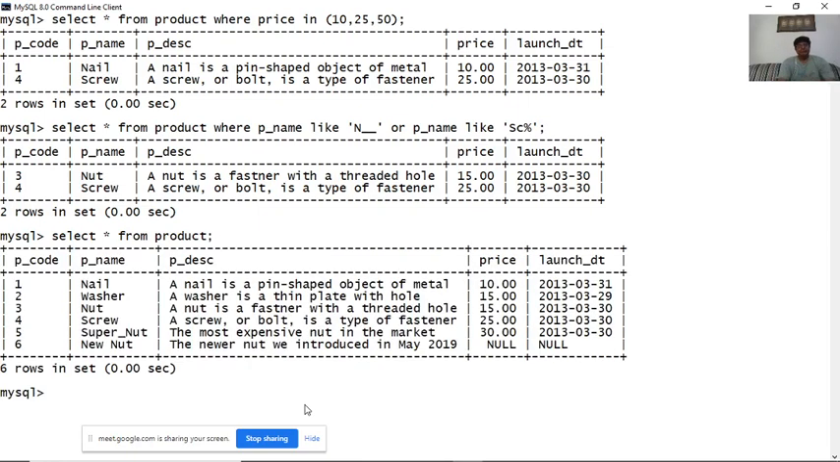Select star from product. We have a row at number 5 which has p_name as super underscore nut. How do we get it listed? Okay, I give the command, I have just used the like operator, and I give select star from product where p_name like